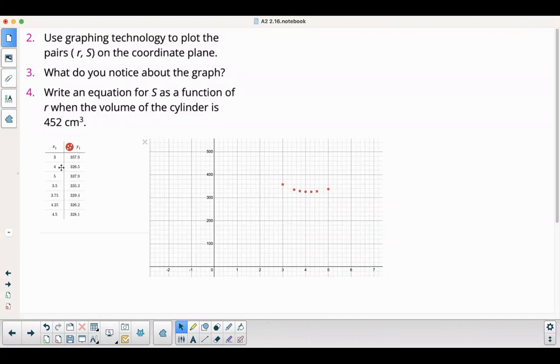Okay, this is my r and my S right here. S, r. And this time it's not flattening out. If you notice here, it comes down and then comes back up. So if I were to connect this, it looks like kind of like a relative minimum down here, okay? So what do you notice? I would say a relative minimum